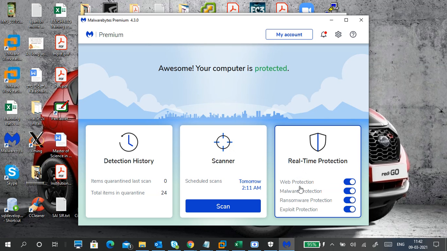I'm using Malwarebytes: web protection, malware protection, ransomware protection, exploit protection. It depends on what antivirus it is and how strong an antivirus you are using. But if you allow third-party people, like different websites, torrent websites, pornographic websites, movie watching websites, links, short links and all, I already showed that in the comment where the link is given, right?